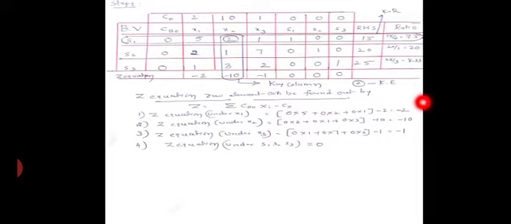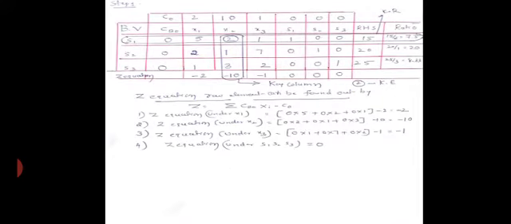Now let us discuss how to calculate your s2 and s3 rows. What is the old element? Go to the last slide. For s2, the old element is 2, yes or no? So 2 minus the corresponding key column value, which is 2, into the corresponding new element. You are talking about x1 in the s2 row, and its corresponding new element is 5 by 2. If you do it, you are going to get minus 1 by 2.